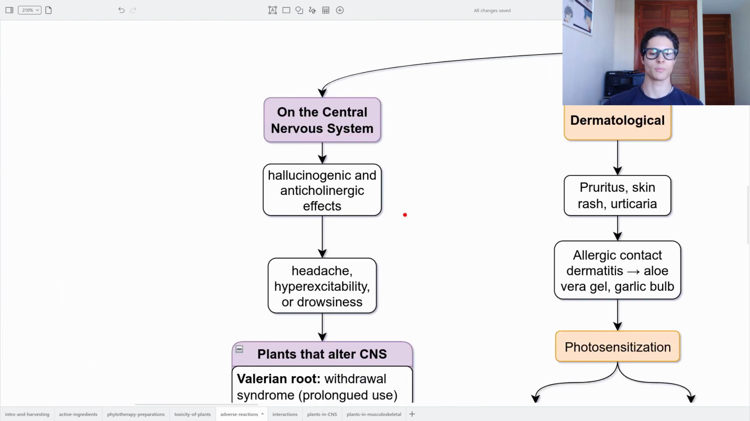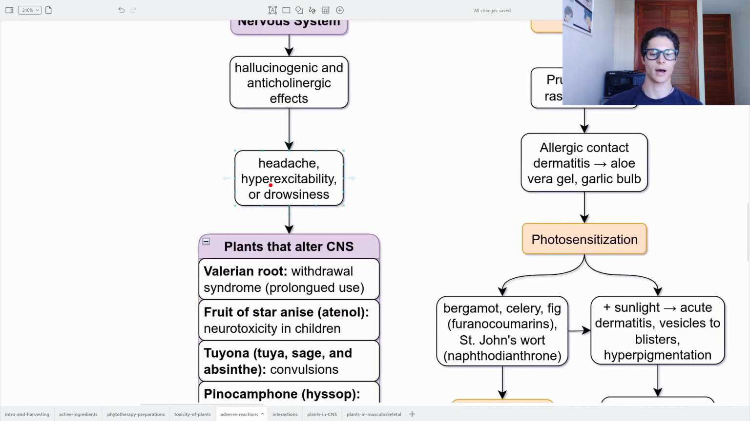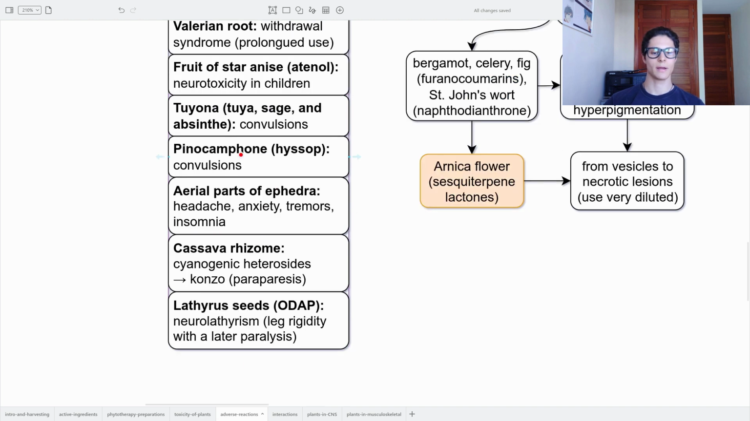On the central nervous system, we have hallucinogenic and anticholinergic effects, such as headaches, hyperexcitability, or drowsiness. And plants that can alter the central nervous system are the valerian root, that causes withdrawal syndrome when used for a prolonged time, the fruit of star anise because of anethole, which has a neurotoxicity in children, thuja, sage, or absinthe, which can give convulsions, the pennyroyal, the hyssop, convulsions as well, aerial parts of ephedra, headaches, anxiety, tremors, and insomnia, and